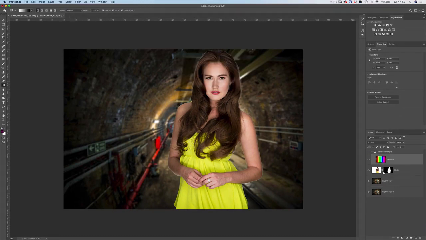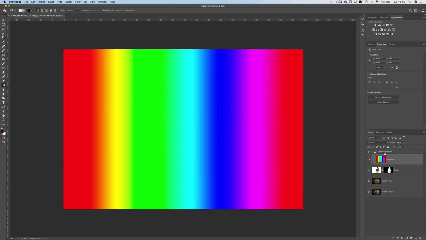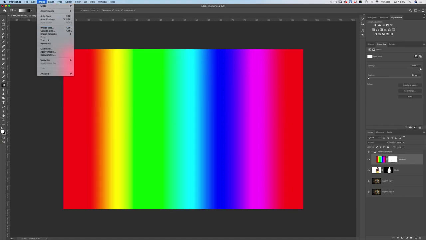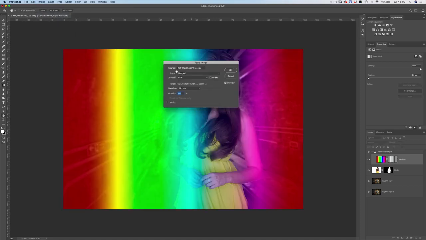At this point, we're going to use a different method for creating our mask. That's going to be to turn on the folder that has our rainbow example inside. We're going to add a white mask to our rainbow layer. Then we're going to choose Image, Apply Image to create our mask.